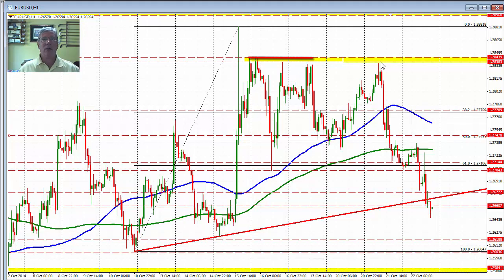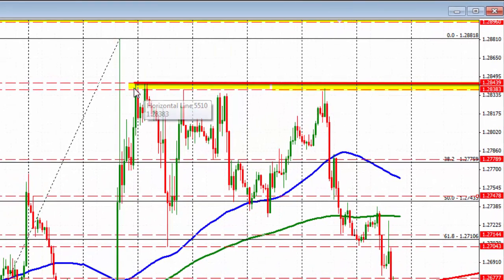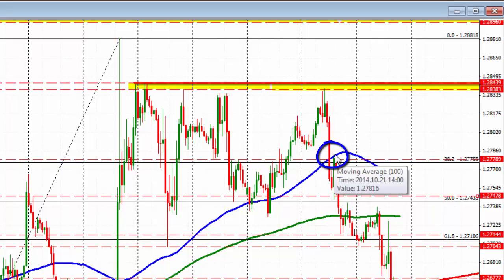Stepping down. We started the steps down right here at the highs where we held the ceiling. 1, 2, 3, 4, 5. Fifth time up here, couldn't get above that level. The market rotated to the downside. We fell below the 100-hour moving average, came up to this 100-hour moving average right here and tested it, and